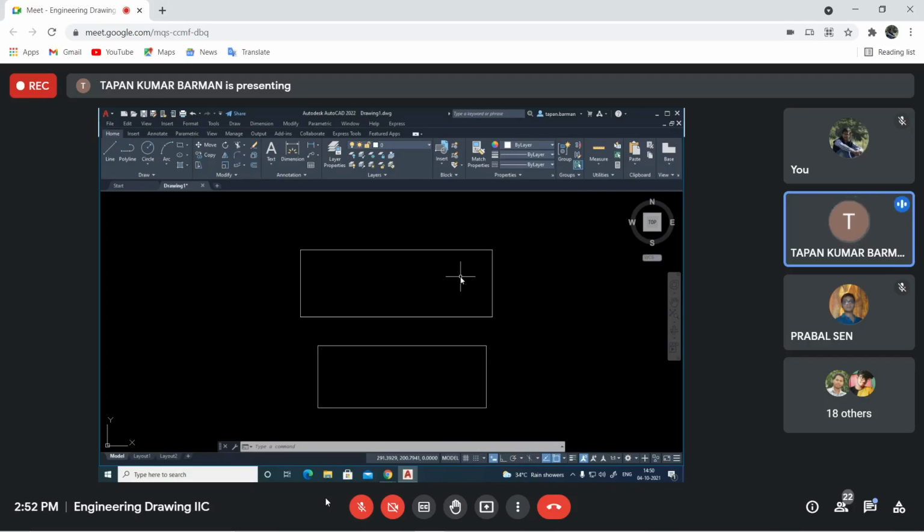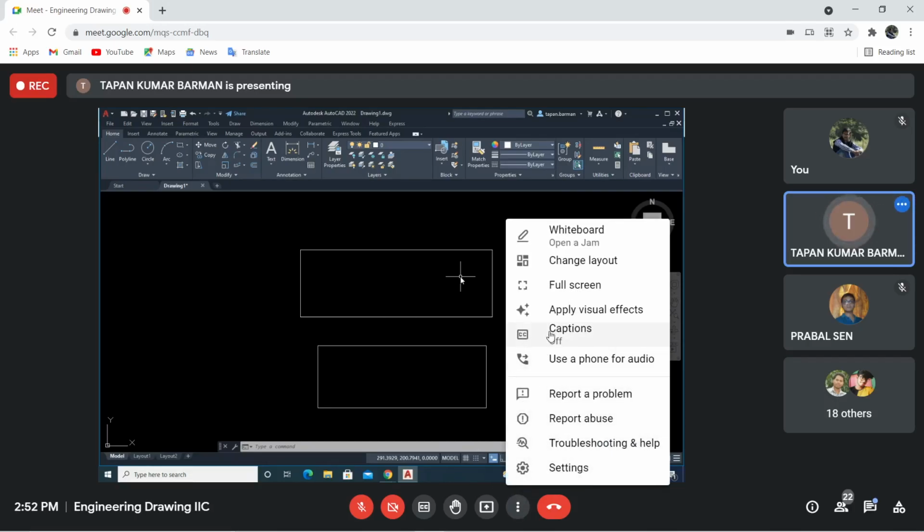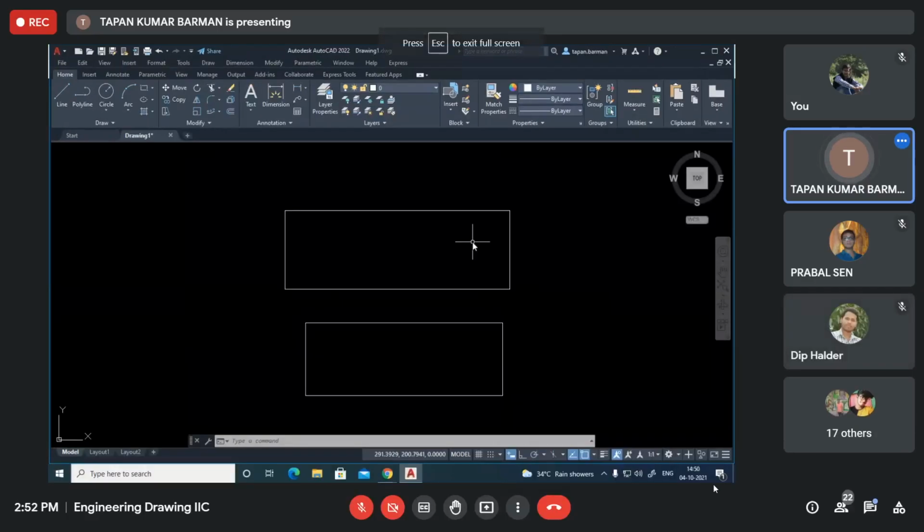But where materials are present at those portions, we want to show those parts with hatch lines so that we understand there are materials. Understand? So if it is required to show the drawings in section, we need to provide the hatch lines. We call them hatch lines or section lines.